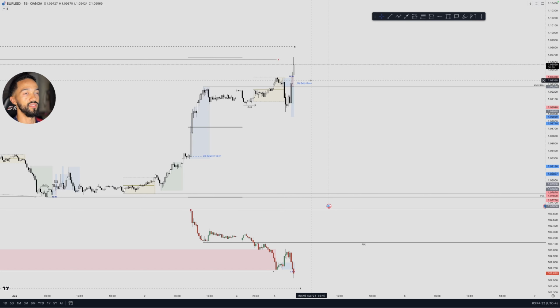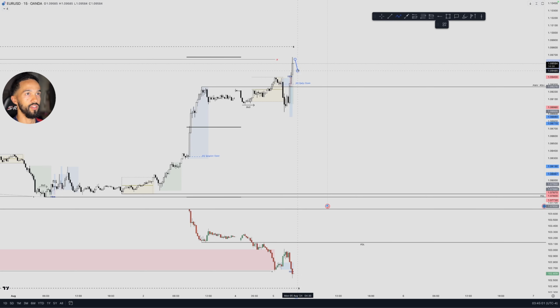So if we put that to one side for a moment, what is it that I am looking for and waiting for now? Well, we've taken buy side liquidity here. We've taken sell side liquidity below these lows and some old lows here. Now I would be waiting for structure shift. Here it looks a bit far-fetched, and there's possibly the long scenario, right? Because we can see the order block here to go higher and take this high out. A bit risky for me, so maybe it'd be one that I would evaluate later, but of course that's on the cards. But for a short, I'd want to see price create some structure.